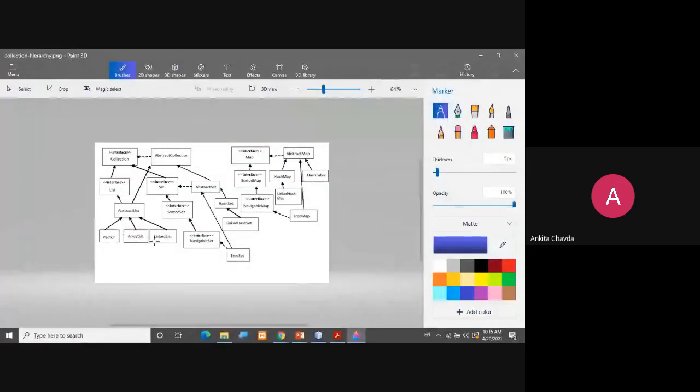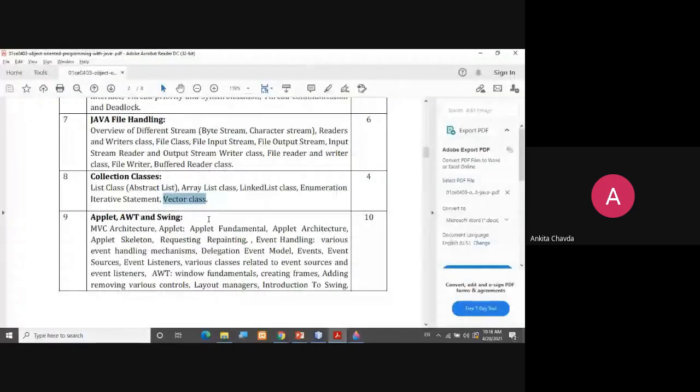Vector, ArrayList, LinkedList. And they three are extending the AbstractList class. Fine. And you have Enumeration. That's it. That is only in your syllabus. You will be able to finish today ArrayList, LinkedList, and Vector. Only one thing and some differences that we will see.